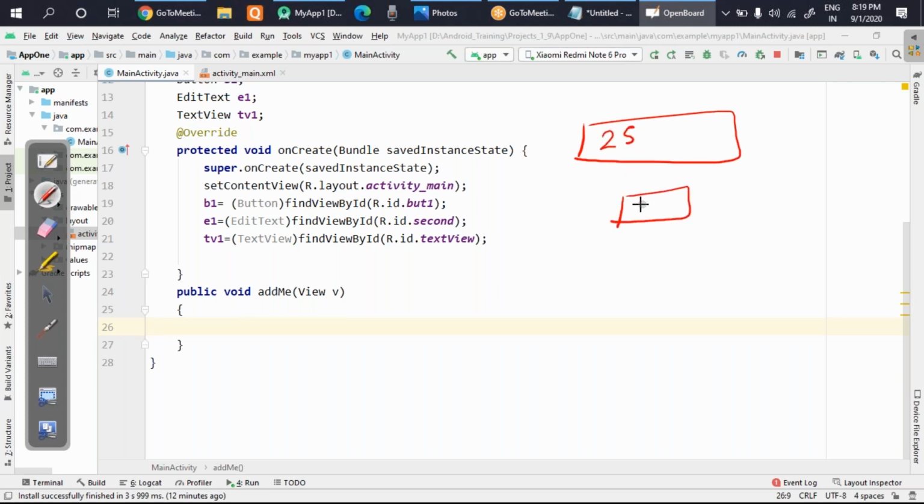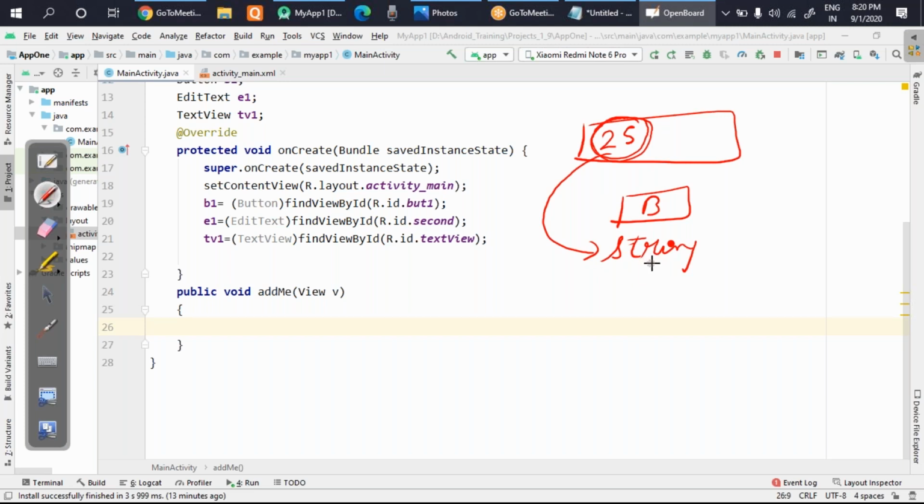When you press this button, I'm writing B for button, what should happen? We have to do some steps. Look here carefully, guys. Whatever is present in this EditText, you first have to grab that. And keep in mind, whenever you grab information from the EditText, it is always in string format.